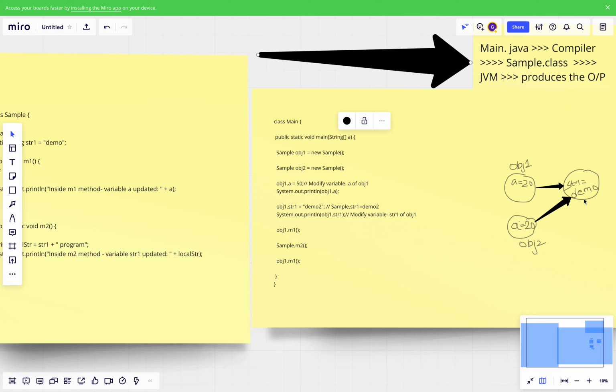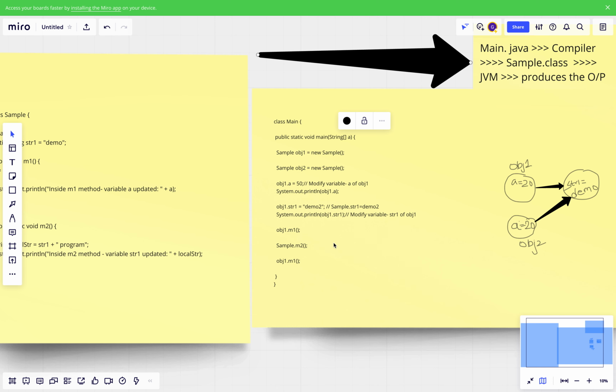So instead of calling through the objects, we can call these variables using the class name. That is the recommended, better way. You can also call static variables or methods using the object, but even before creating an object, we can call these members using the class name.